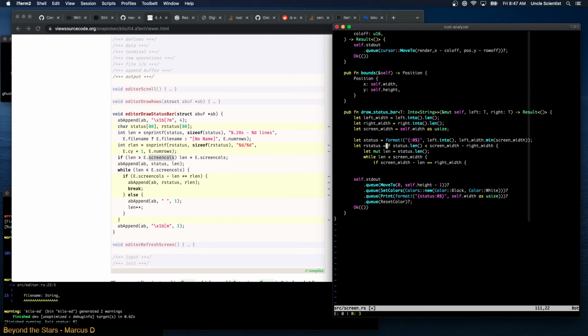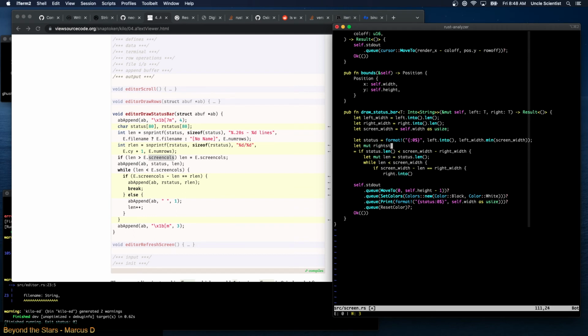Let our status equal, then this is, oh, why is that working? Then this is just going to be equal to right dot into. Nope, that won't work. Let mut right status, our status equals String new. Right, and we can just say